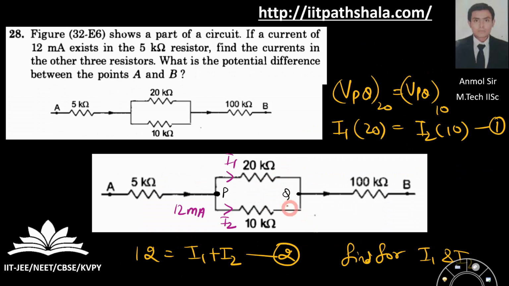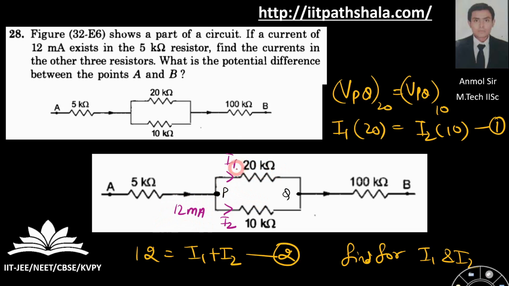Now let us move forward to this simple question over here. It is asking what is the potential difference between A and B. To figure that out, you have to write the KVL equation. To write the KVL equation, please follow my video on KVL and KCL tutorial, because I will not be redundantly showing you how to apply KVL. You also have to find the current in both of the resistors, and you are provided with a 12 mA current as per our previous question.